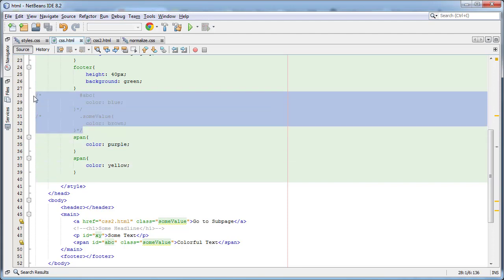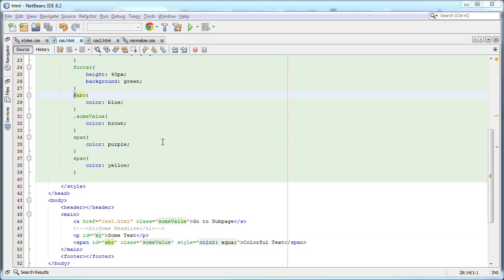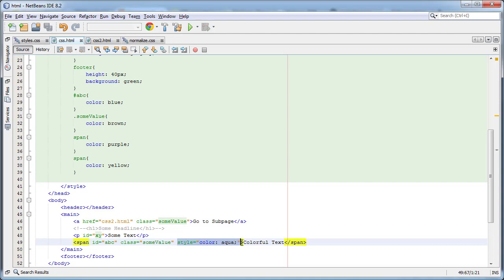Let me now uncomment these ones once again, and let us now use another possibility that we have seen to give the appearance by using inline styling. And let us now define a color right in here. And inline styling can only refer to one single element. So from a logical point, it is the same specific as an identity. However, the color will still be aqua and it will not be blue. The reason for this is just in general here. Style always overrides. However specific these selections are, this one always rules,